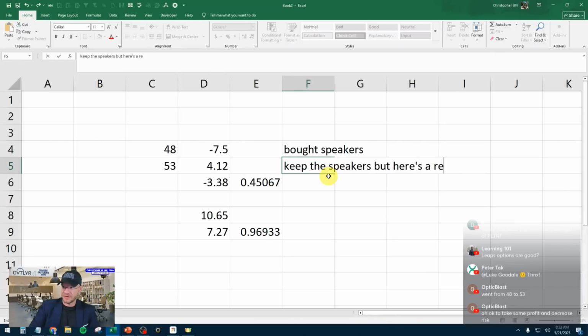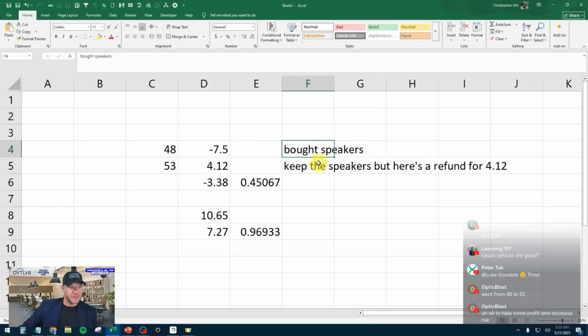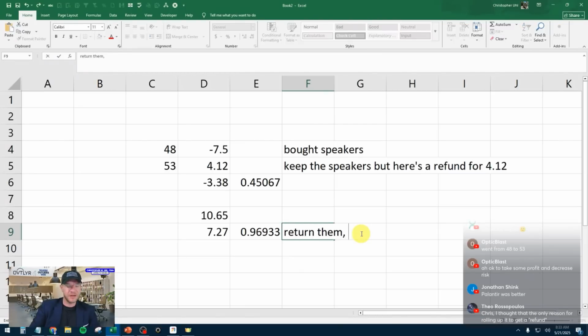But here's a refund for $4.12. Okay. So I bought the speakers. I took them back because I don't like the speakers anymore. And they're like, here's what we're going to do. How about we give you a partial refund and then you can decide later on if you don't want to keep the speakers anymore. So then a few more days goes by and I go back to Costco and I return them. And Costco gives me another